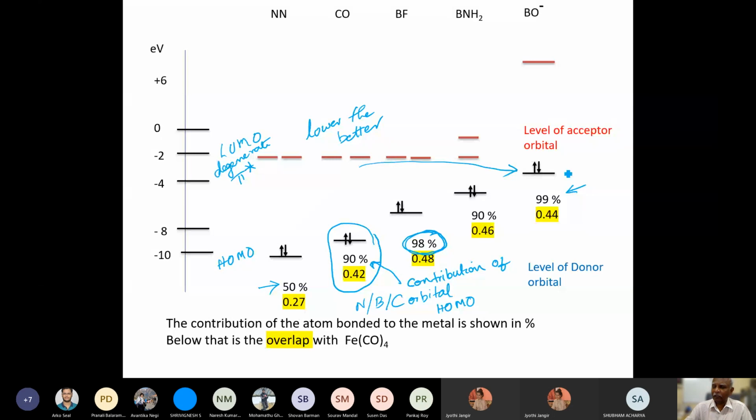When it becomes BO minus, of course, there is one orbital which is very low, one orbital which is very high. Okay, and the orbital which is very low is in fact populated with two electrons, and unless you end up protonating it, you will end up with, if you protonate it, this will become your LUMO. Okay, so BO minus may not be a good ligand because the acceptor orbital might be very high in energy, or it would have to be the BO sigma star.